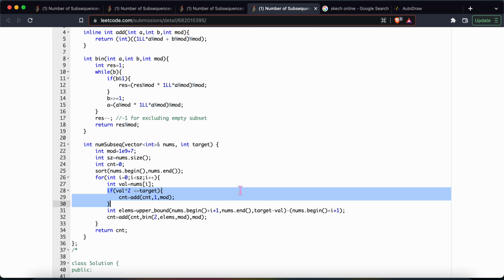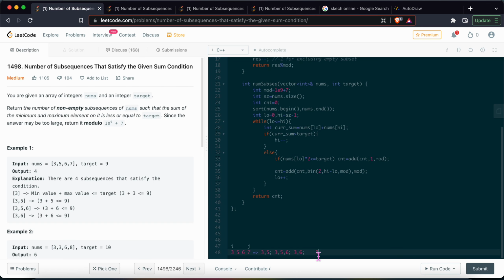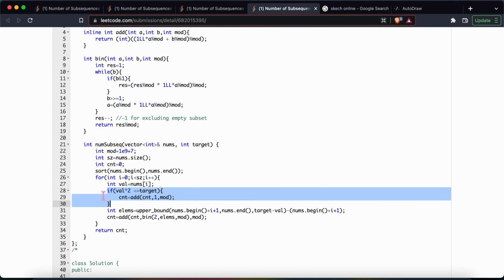But when we do that, suppose at the ith position we get 5. Then 5 will be combined with the empty sequence, and this will result in the subset of 5. And now 5 is the smallest, and 5 is also the greatest element in this subset. So summing it, we will get 10, and 10 is greater than our target 9. Suppose we take the target 9, then 10 will be greater than 9, so it won't satisfy. That's why, to avoid such a condition from occurring, we are already